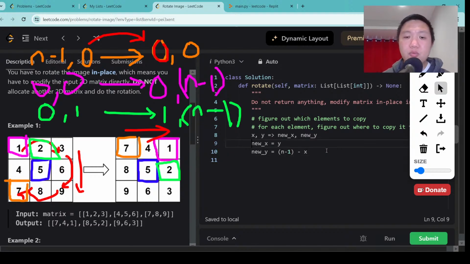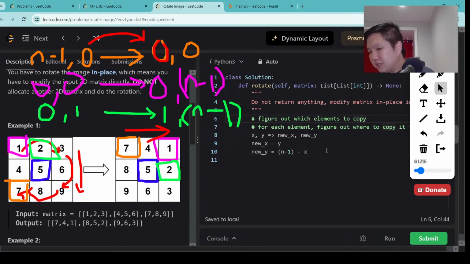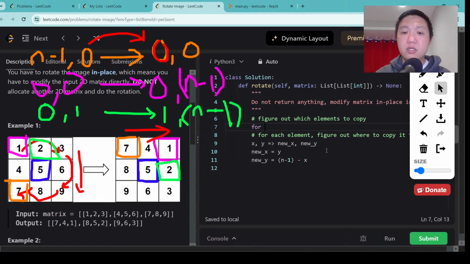Okay. So we have a plan for getting new x and new y. The next thing we need to do is to figure out what elements to move. So the naive way to do this would be to move all elements. Right? That sort of makes sense. Let's do a quick